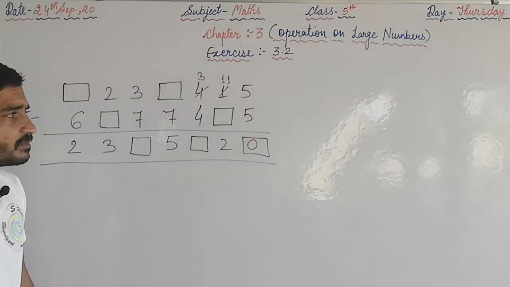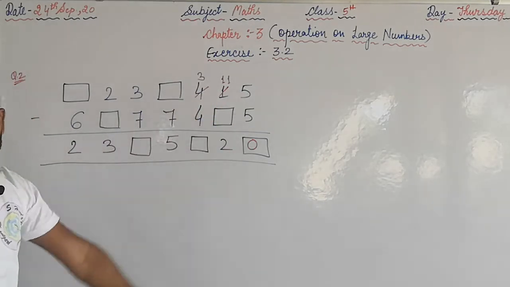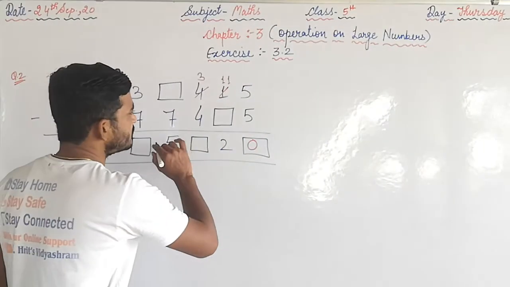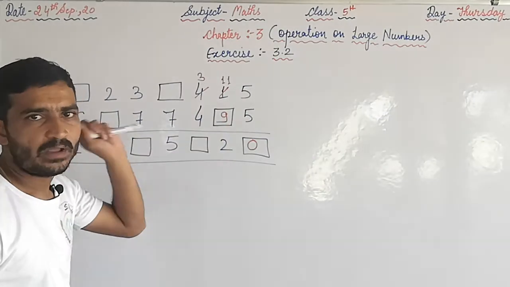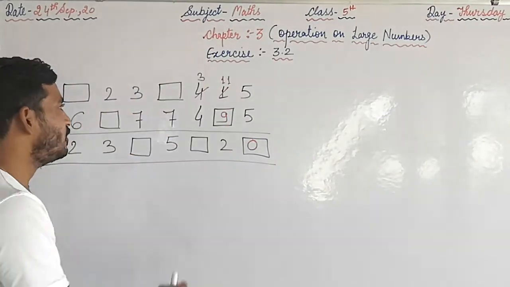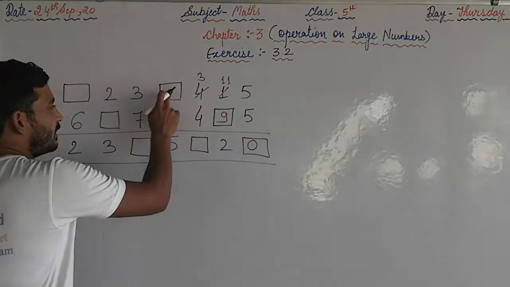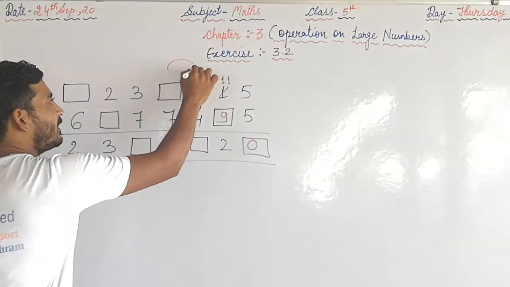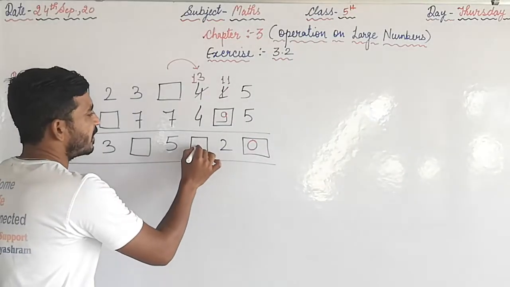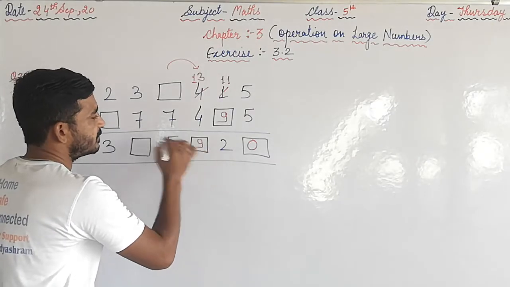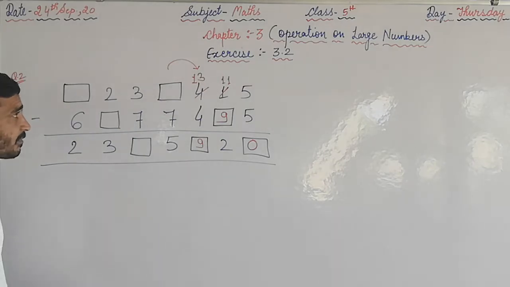Guess the digit. From 11 you should subtract a number to get 2 as a result. 9. When you subtract 9 from 11, you get 2 as a result. 9, 10 and 11. So here it becomes 3. So whatever number should be here, we have to borrow 10. Here it becomes 13. Now you have to subtract 13 minus 4, 9. What's the result? 9. 9 plus 4, 13. Okay. Now select